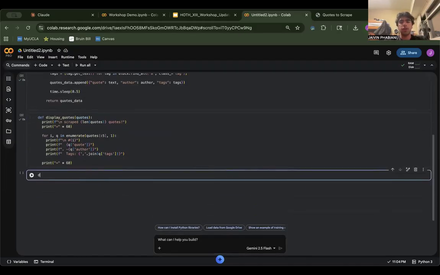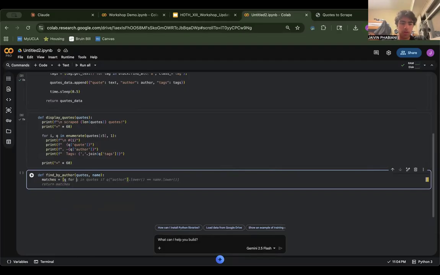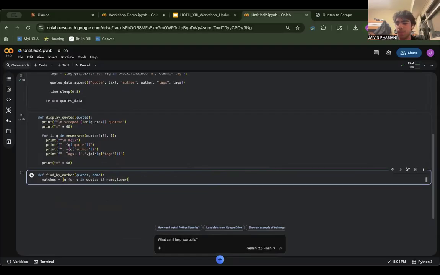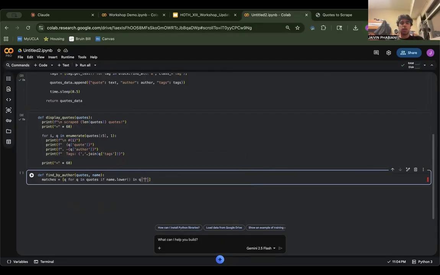Now we are going to create a function that can find by an author. And we're going to take in quotes and we're going to take the author's name, right? And let's see, our matches are going to be q, sorry, q for q in quotes, right? If name.lower in q author